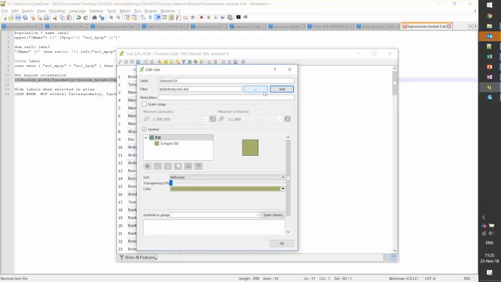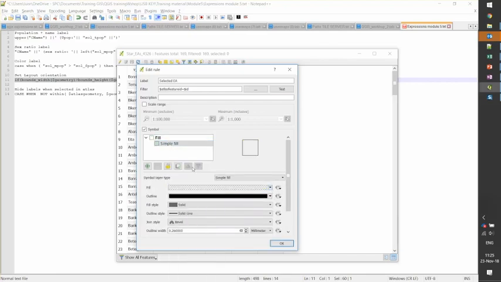Now we have our atlas connected, and right now it is selecting one EA, so if we test the expression, we have one feature returning. And then, very important, we